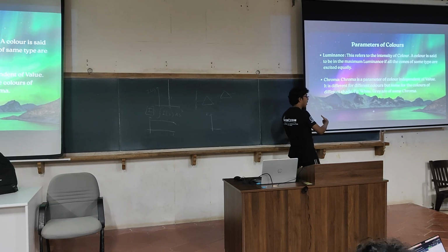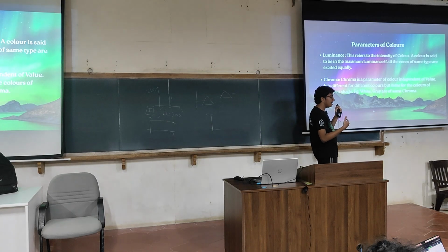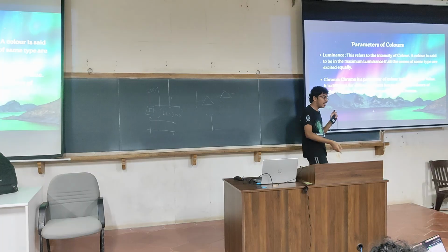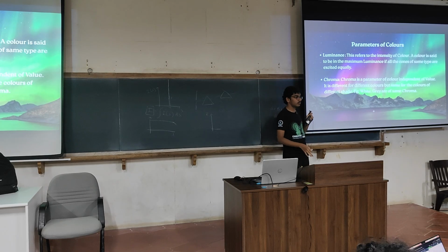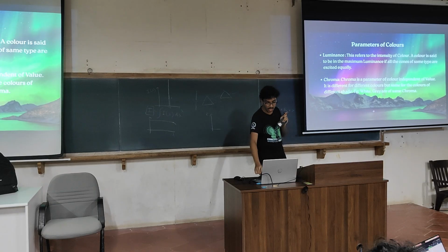And then what is chroma? Chroma is the property of color irrespective of the luminance. That is, green would have a different chroma from blue, from red, from yellow. All have different chromas. But grey, black, white, they all have the same chroma. They are just a change in luminance, not a variation in chroma.